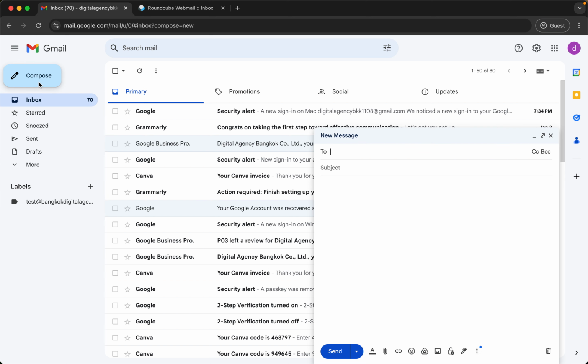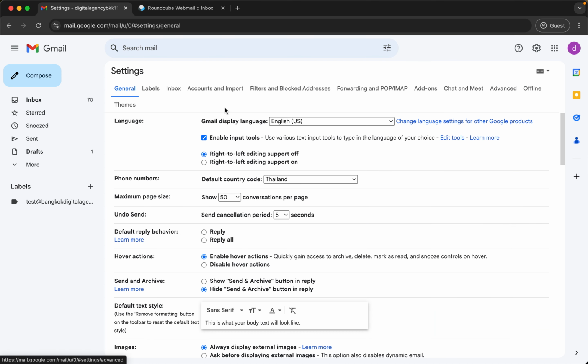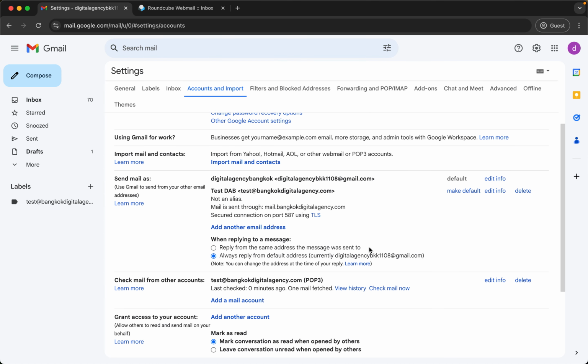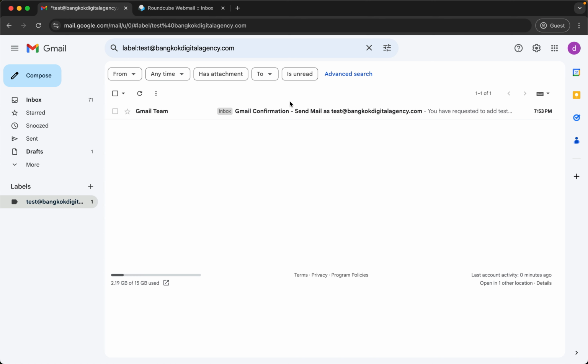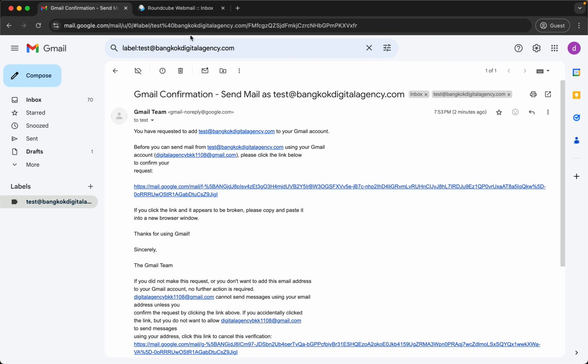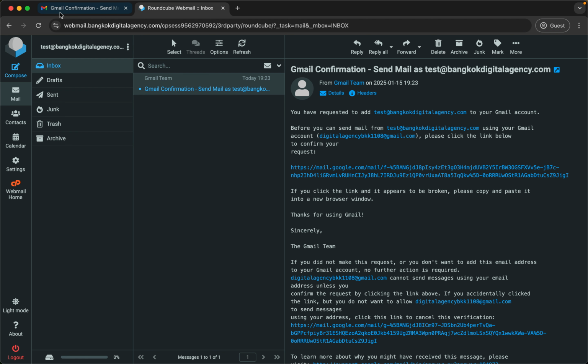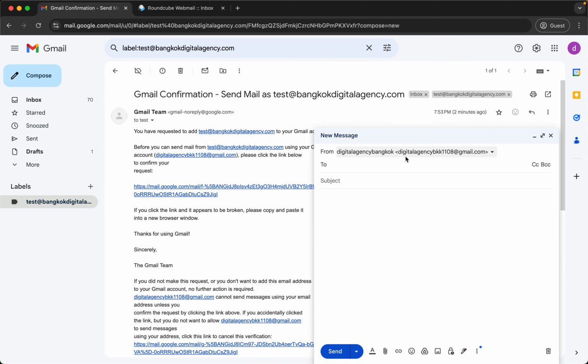After that, you need to click Compose. I mean, you don't need to, but you have to check. So click Compose, and then type the email address you want to send to. Okay, let's check the settings first. Go to Settings, Accounts and Import. Everything looks good, and we just got one here. Yes, we just got the confirmation email we opened on the Webmail. Now when you click Compose, you can choose between two email addresses as the From address,